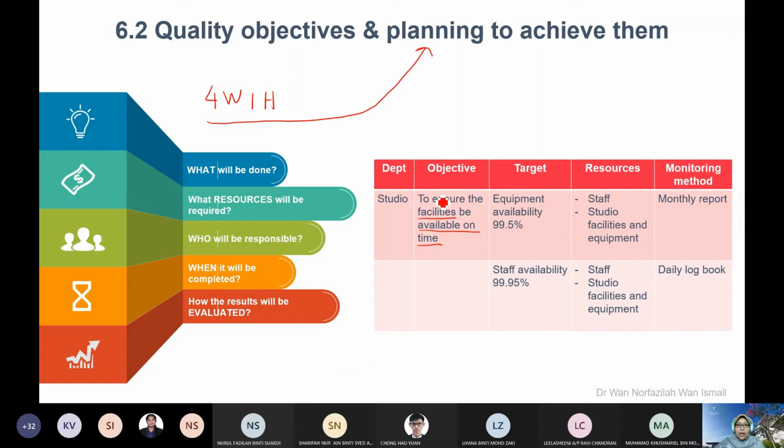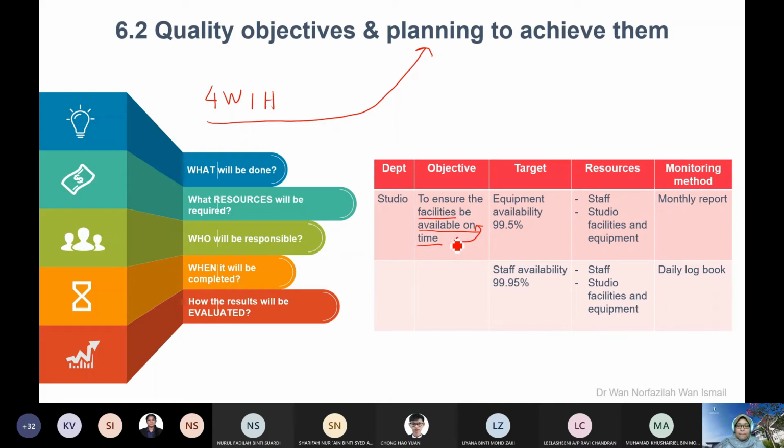Okay, kalau kata ensure facilities be available, tapi sepatutnya on time ni customer datang dah ada. Ini tak. Customer datang hari ni, seminggu lagi baru available. That is not a quality output. Okay, so you need to fulfill every single term used in the objective.